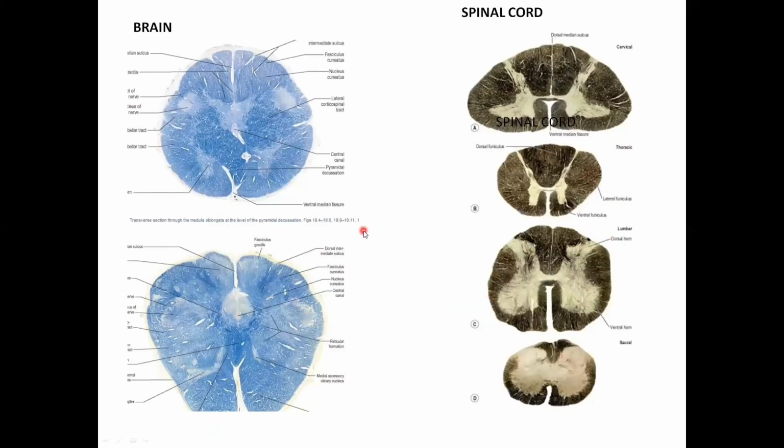So as told earlier, the internal features of the brain and the spinal cord can be well appreciated only when you stain it and put it under the microscope and see it by means of these histological sections. So a special staining has to be done to identify the cell body of the neurons as well as the axons of the neurons. What you see here, that's the sections of medulla, the lower medulla.